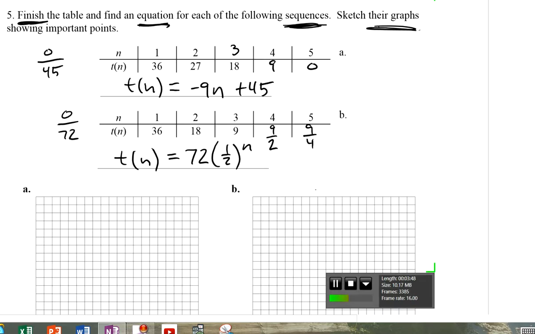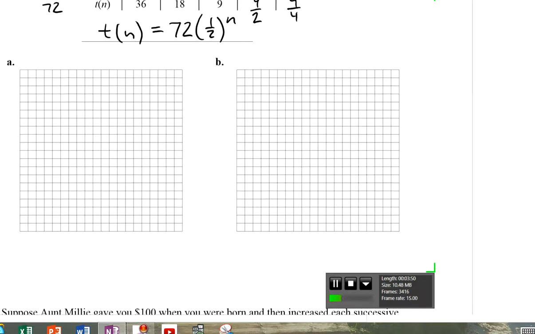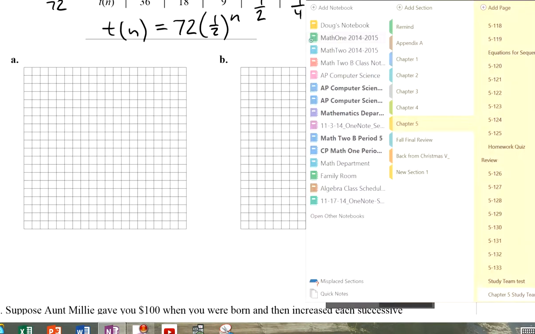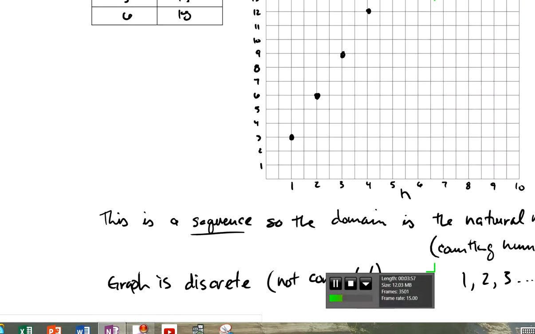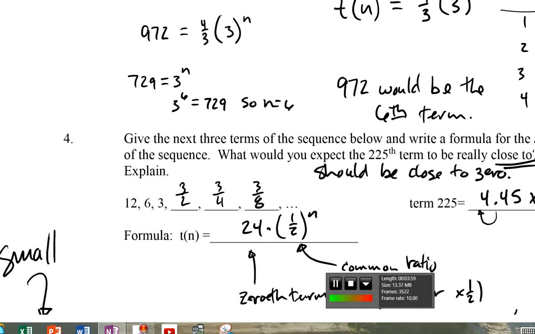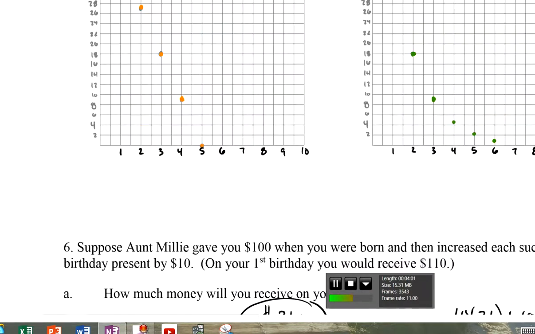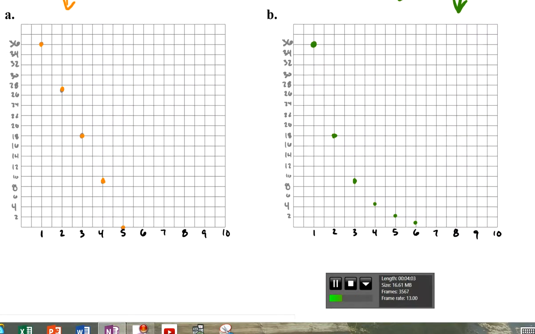Hey guys, let me just pull up and show you my graphs for my answer key. Whoa. So those graphs should look something like this. And you can see in the case of A, it looks linear, right? It's clearly linear. If you put a straight line through that, it'll. Now the other one is not linear. Notice it's getting a half, a half, a half. By the way, the one that's a half each time,